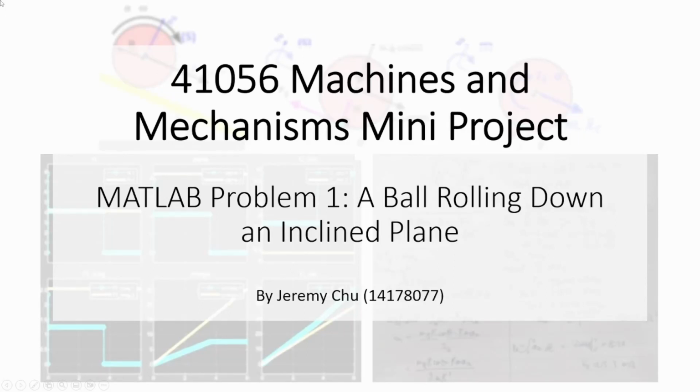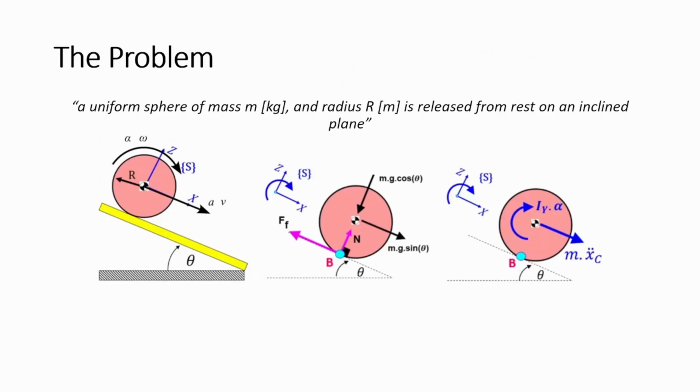My name is Jeremy Chu and I'll be reviewing the problem of a ball rolling down an inclined plane. Now, the problem we are discussing involves a uniform sphere of mass m and radius r being released from rest on an inclined plane. The diagrams here from left to right show kinematic, free body, and kinetic interpretations of